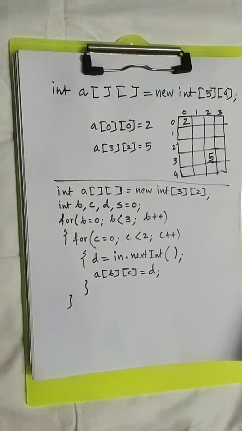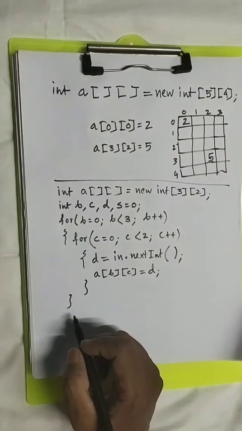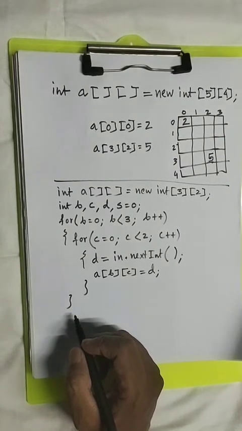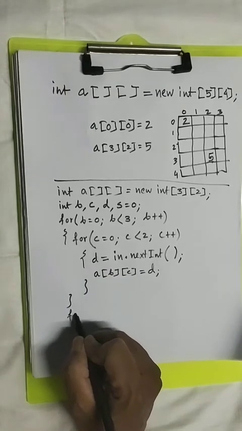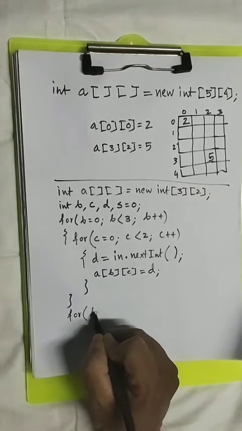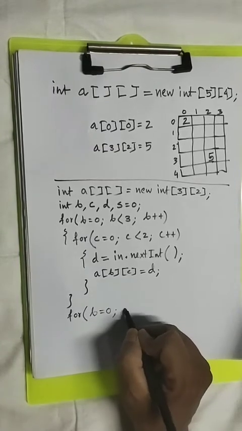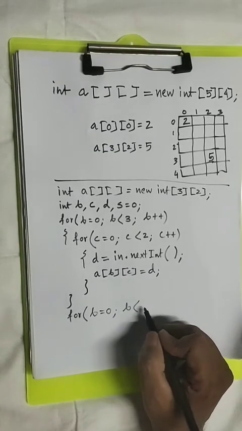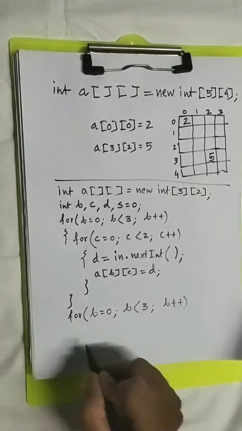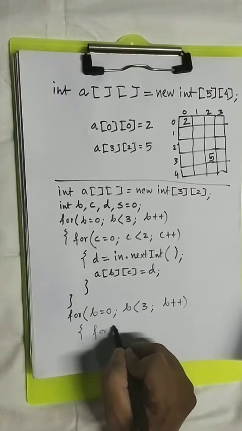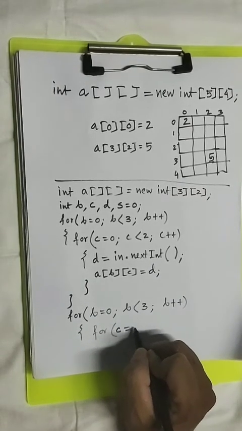Now we'll find sum of these elements. Since I have to take the numbers from the different cells in the array, I have to mention the cell number, that is the subscripts, row subscript as well as column subscript. So again I need to create 2 for loop, one representing the row, one representing the column. This is for row, then this is for column.